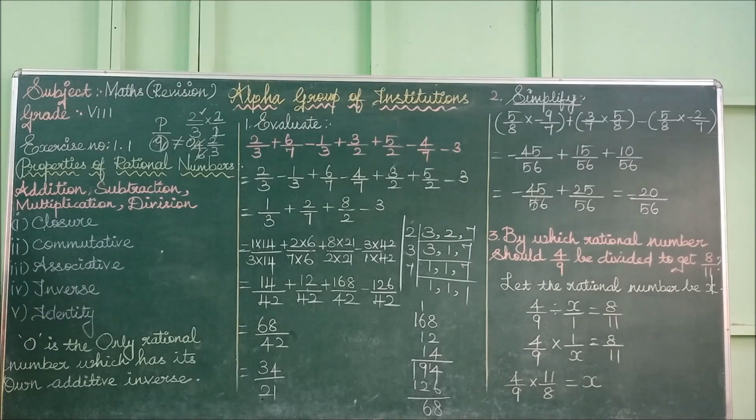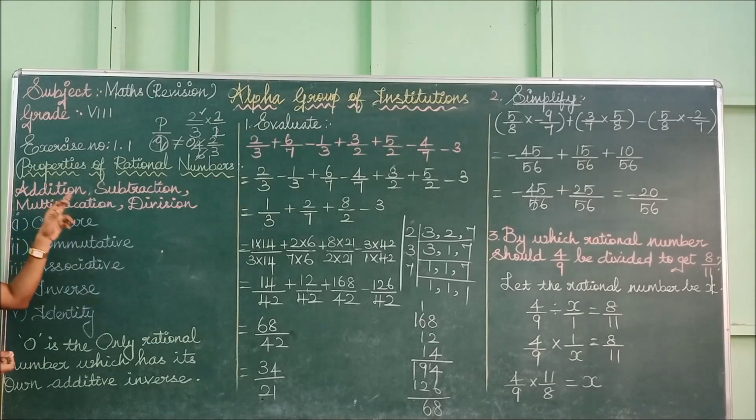Is there any change when you are multiplying as well as dividing by the same number? No. Whenever you are changing a given rational number into the equivalent fraction, you have to multiply both the numerator as well as the denominator by what? The same number. That is, except zero. Non-zero numbers you can use.